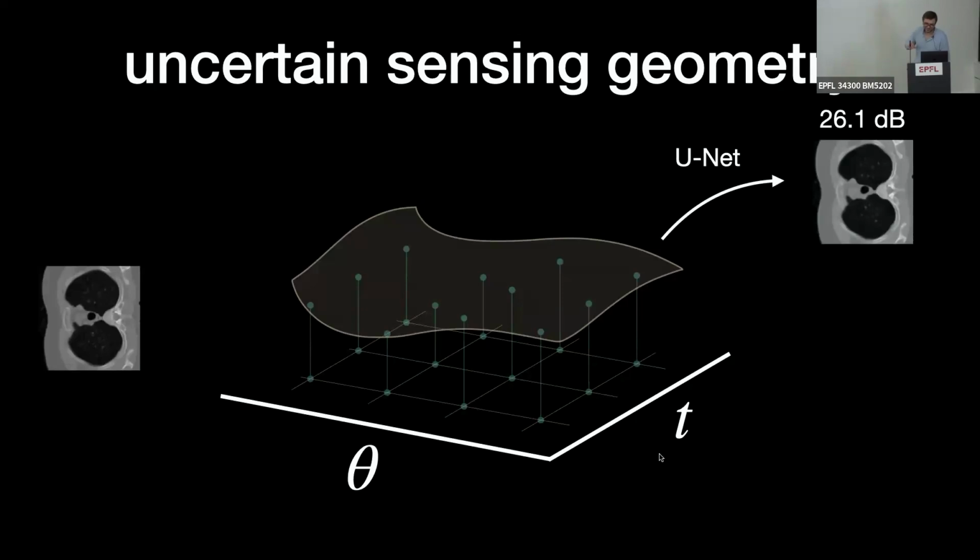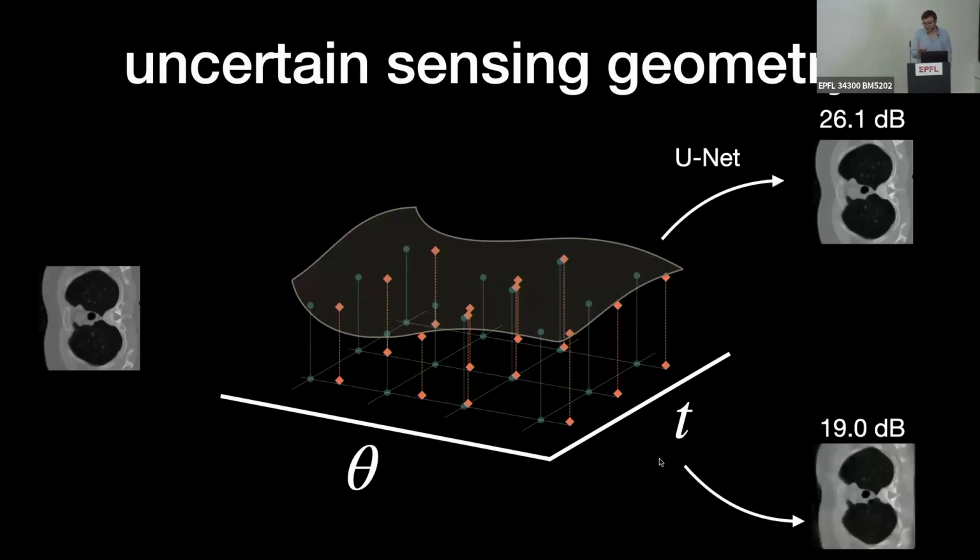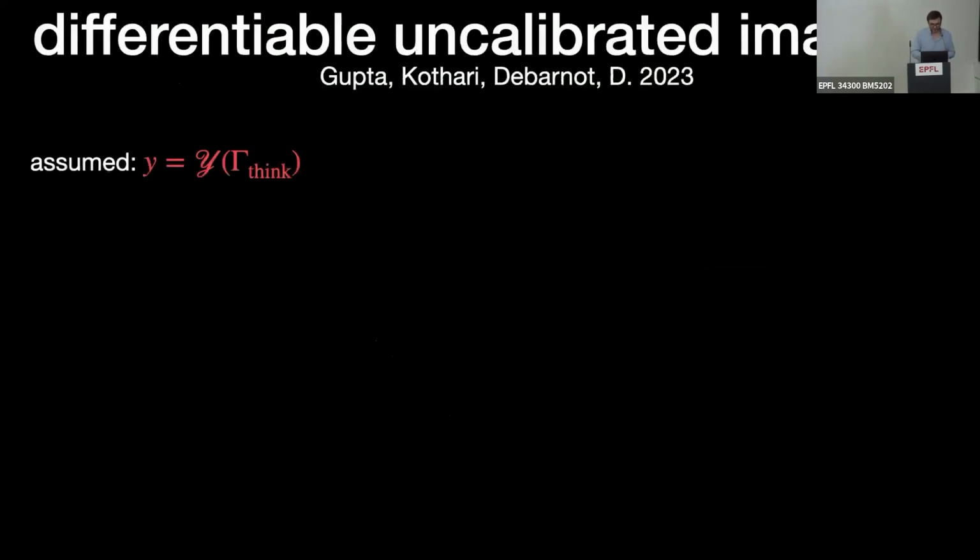Again, don't look at the absolute numbers, and it gives us a certain reconstruction. Well, this assumption is wrong. For whatever reason, we're applying it to a different geometry, maybe slightly different. Then we apply the same reconstruction method, and the reconstruction will deteriorate a lot. So this is an example where this kind of technological development around AI and deep learning can really help us.